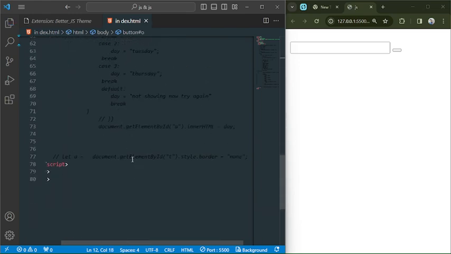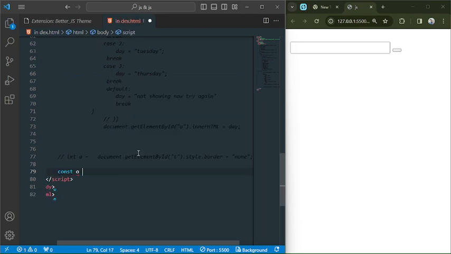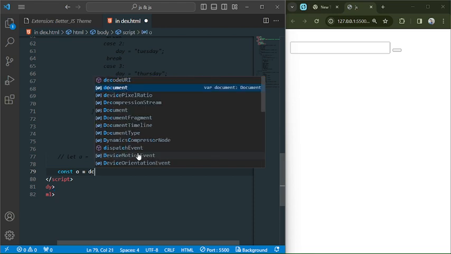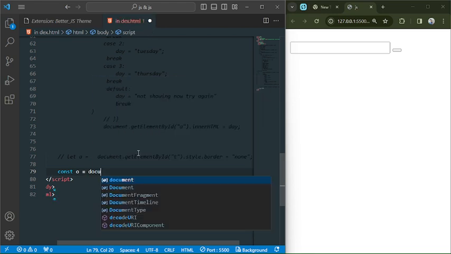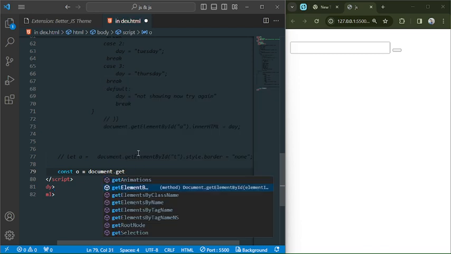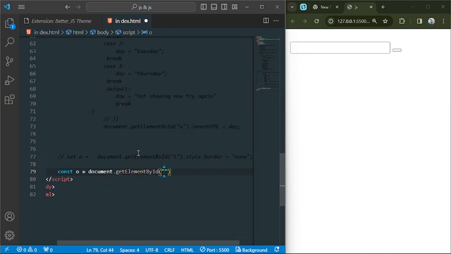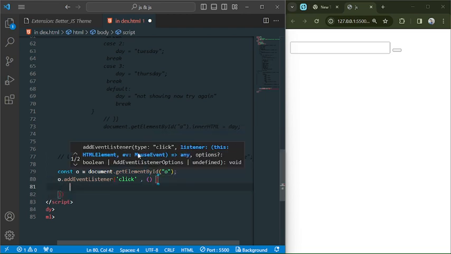Now what you have to do? We have to write const o is equal to document.getElementById. The ID is going to be what? The ID is going to be o. And save it. Now there is a const o. So now o.addEventListener. The event listener will be what? Click. There will be a click and then a comma, empty bracket is equal to,